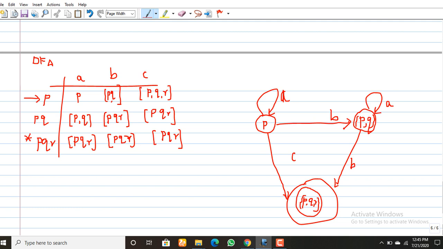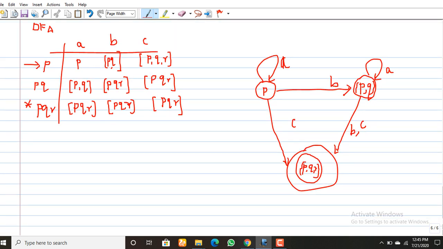PQ on receiving C again goes to PQR. So the 3 transitions are over. From PQR, for all inputs, it stays in the same state, that is A, comma, B, comma, C.